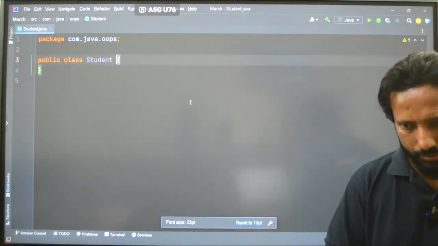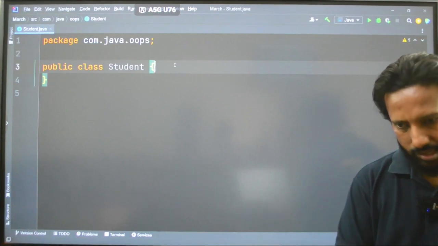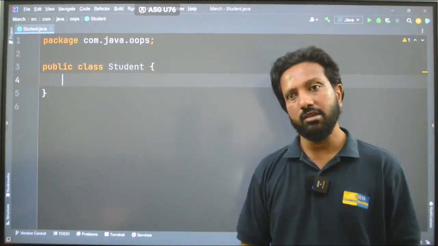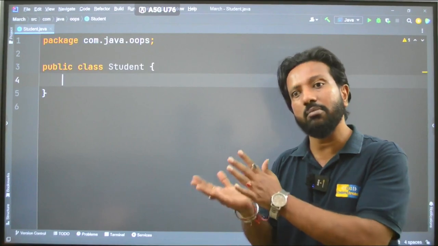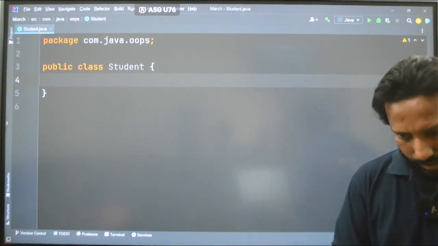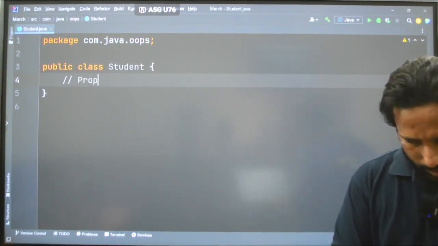Okay, now try to understand this. This is my class student. Now I have to design the properties or the attributes. So as I said, properties,